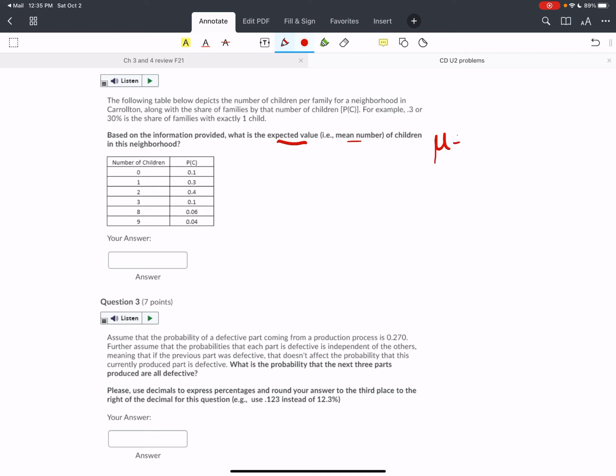And so this is simply where we sum up. We take each of the X values, we multiply it times its probability of occurring, and then we add all of those up. So 0 times 0.1 is 0. 1 times 0.3 is 0.3. 2 times 0.4 is 0.8. 3 times 0.1 is 0.3. 8 times 0.06 is 0.48. And 9 times 0.04 is 0.36. And then we just sum it up, and we would get